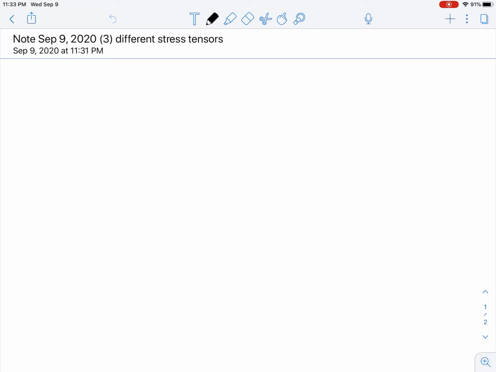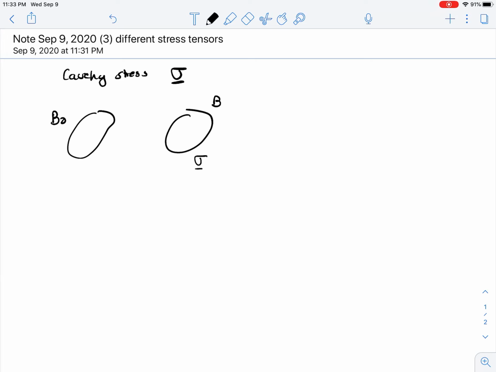All right, so in the previous lecture we introduced the Cauchy stress tensor. And what I mentioned last time is that, as with other fields that we have introduced before, there are fields that are more associated with the reference configuration and fields that are more associated with the deformed configuration. So if you think again of your body in the reference configuration and your deformed body, the Cauchy stress is associated with the deformed configuration